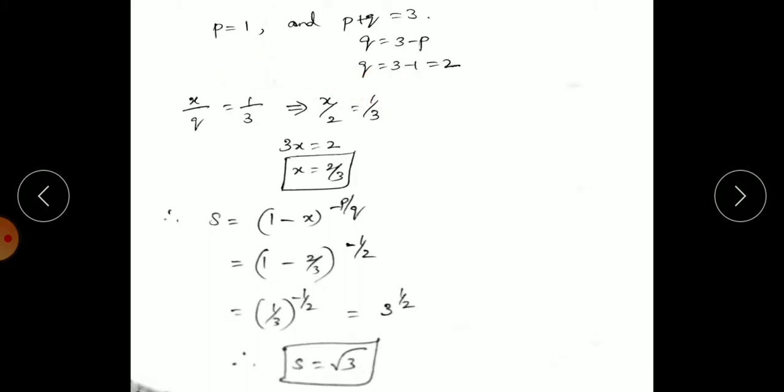Now next question: 1 + 1/3 + (1·3)/(3·6) and so on. We take it as the x value, then s is equal to this term, and as usual we do the same, and obviously it is given in the same form which we have in the formula. If we compare with the binomial expansion, we get the plus term. So we have the (1 − x) to the power of −p/q formula. Now comparing 1 and 2, we get the p value, q value as well as x/q. Now we can equate to the left hand side, that is (1 − x)^(−p/q), where x value is 2/3 and −p/q is −1/2. So 1/3, you just simplify, 3 minus 2, 1/3. So the answer is s equals root 3.